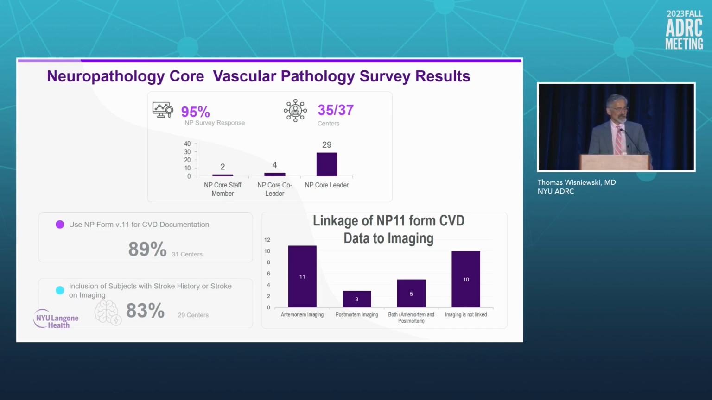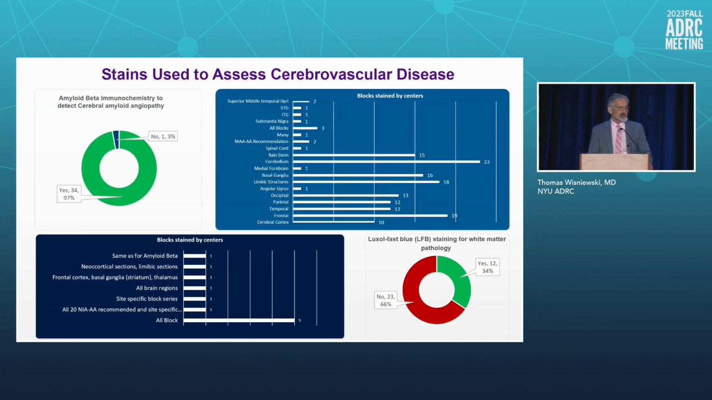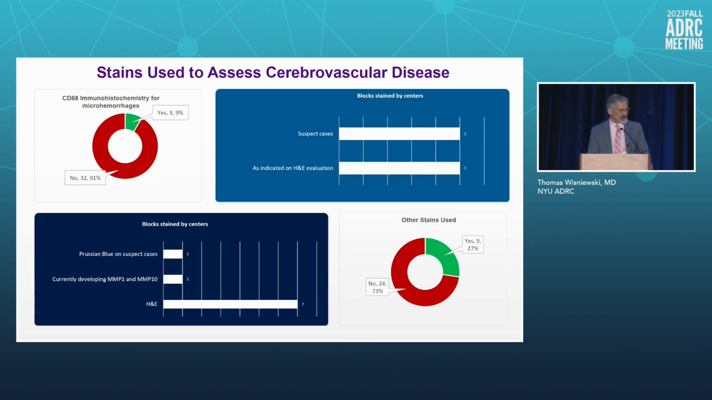The vast majority of centers are using the Neuropath Form 11 for cerebrovascular documentation, and in the majority of centers, this information is linked to imaging. In terms of assessments of CAA, the vast majority are using A-beta immunohistochemistry, and about 1/3 are using Luxol fast blue staining for assessment of white matter pathology. A small subset are using CD68 immunohistochemistry for microhemorrhage quantitation, and then a number of other stains are used like H&E in a number of neuropath cores, and single cores are using Prussian blue or are working on MMP1 and